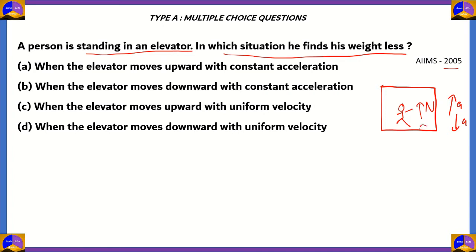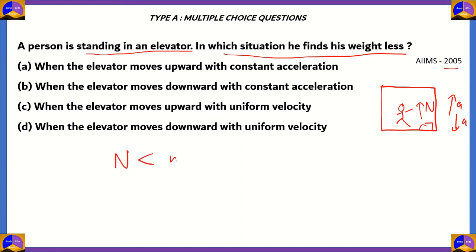And since in a weighing machine we use normal reaction to measure the weight of a person, in a lift the weight of the person changes as the acceleration varies. So over here we need to find the value of n